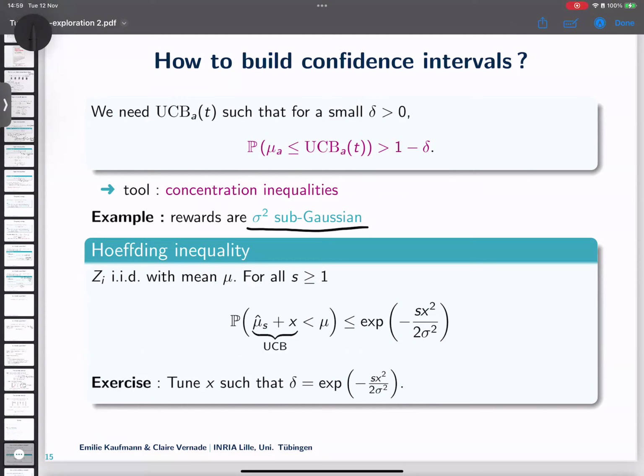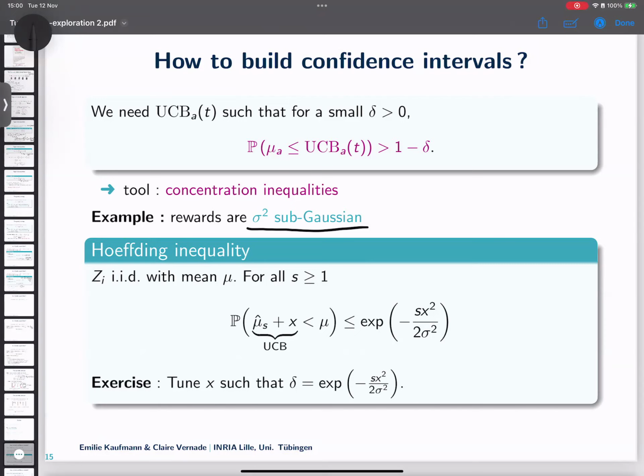This is just to guarantee that when I pull an arm, I cannot observe 10 million. If the mean of my arm is 1, the probability that the actual reward is 10 million is virtually 0. It's not 0, but it's virtually 0, okay? And this allows me to say that if I have many samples from this distribution and I try to estimate the mean, this empirical average is going to concentrate around the true value of the parameter.